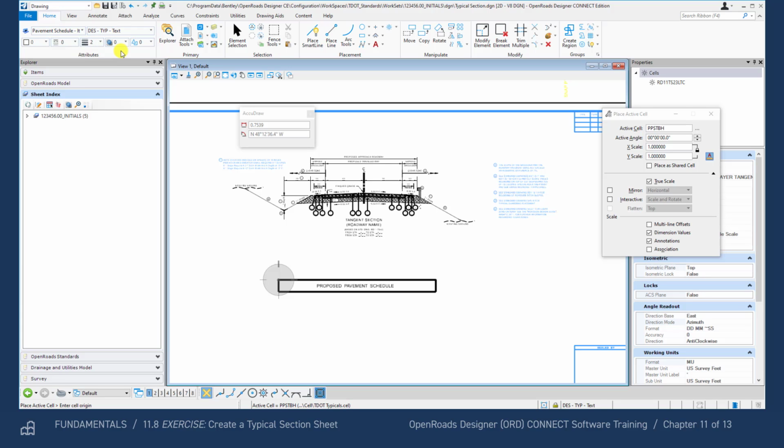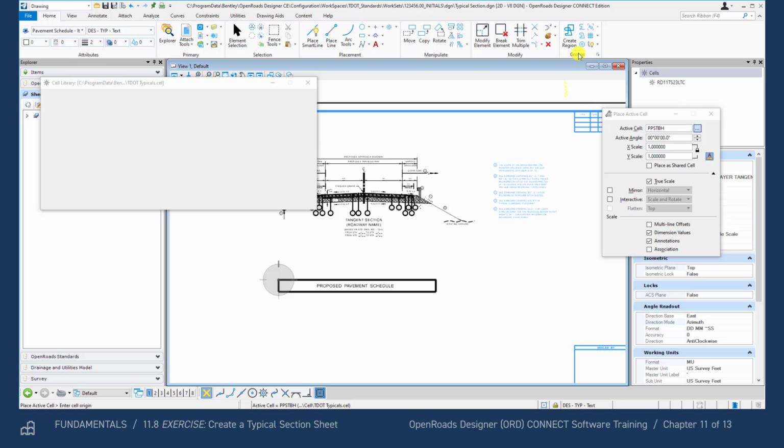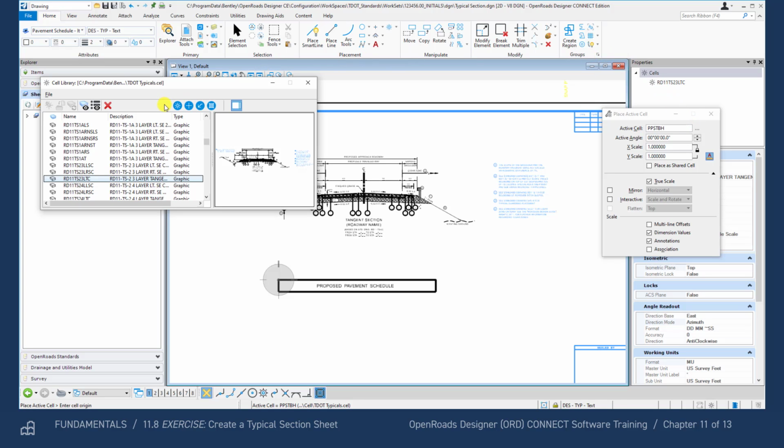The Place Active Cell dialog box should still be open. Click Browse, and the T.Typicals Cell Library should still be active. We will now place 4 pavement layer cells one at a time. To place each cell, double-click on the cell within the cell library, and then left-click to snap to the upper left corner of the cell above within the pavement schedule in the drawing window. Go ahead and add